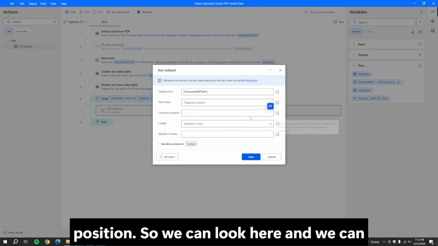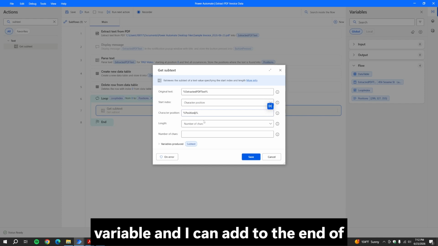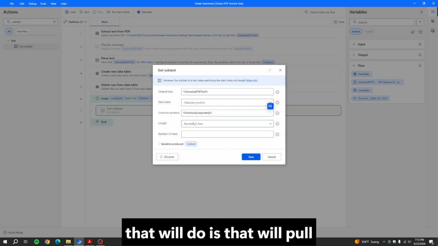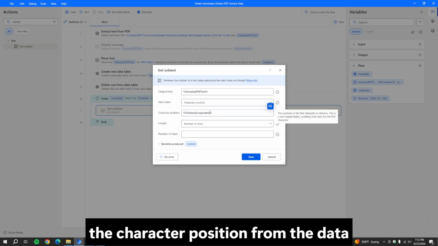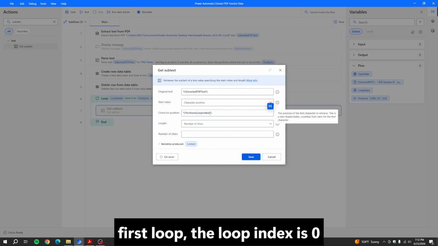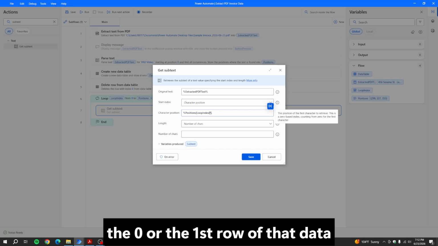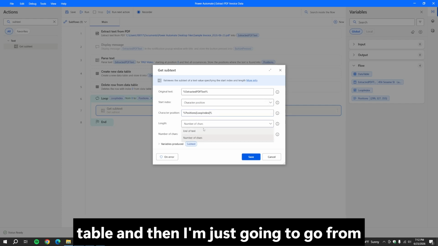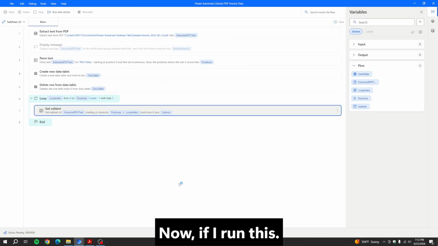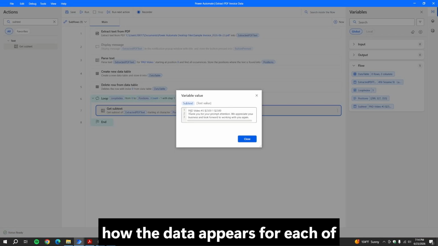So we can look here and we can see that we have this positions variable. And I can add to the end of this my loop index variable. And what that will do is that will pull the character position from the data table row that is applicable to my loop index. So for example, my first loop, the loop index is 0. So it's going to pull it from the 0 or the first row of that data table. And then I'm just going to go from there to the end of the text, and I'll click save there. Now if I run this, I can start to see how the data appears for each of the